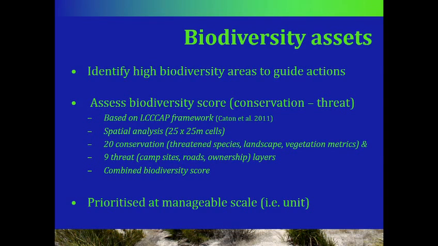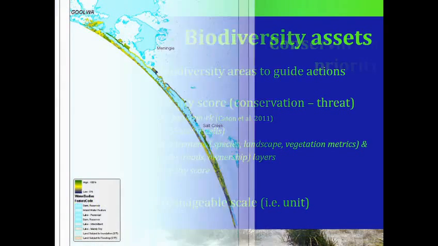But that detailed information, which you'll see in some of the maps, hopefully, can then be used to target where you first go out. If you know there is a road through the area, you'll be able to say, well, this is likely to be a hotspot for an infestation. We also mapped local knowledge, people's knowledge of where weeds and pests were, and that was incorporated into the threat layers as well. So that could guide where implementation started.